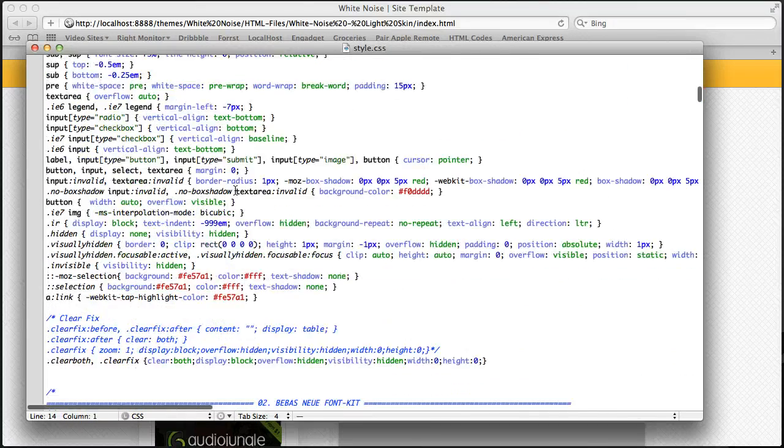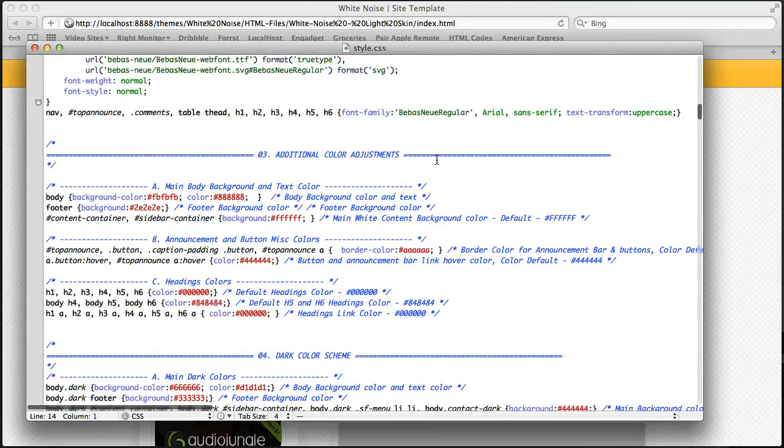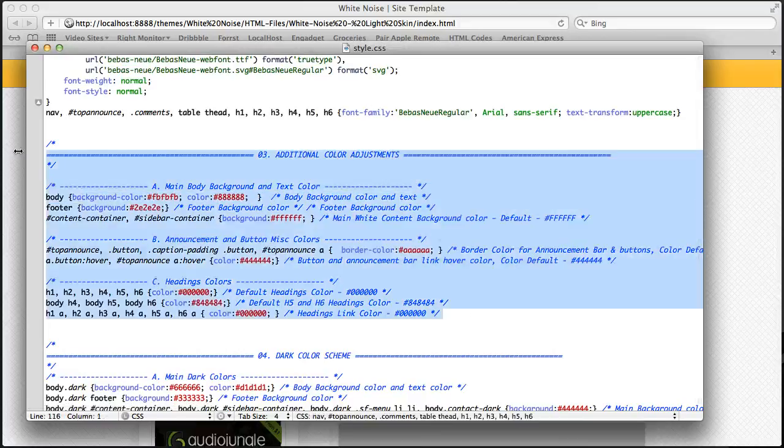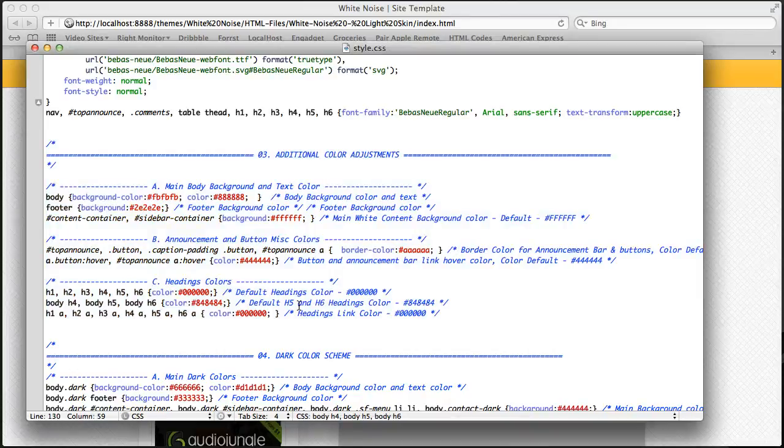And if we go down to that, you'll see a big block of code, and it gives you a whole bunch of options. You can adjust the heading color, the heading link color. All of that stuff is controlled right there in the additional color adjustments block of code. And I just broke it out so you had a quick and easy spot to make some more additional color